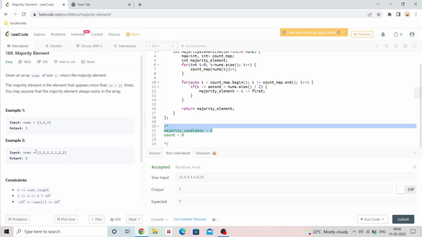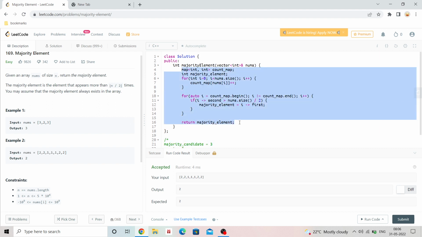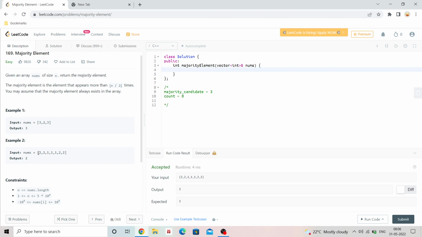So let's go through a bigger example. Let's erase the code also. Okay, let's take this example for instance. Initially our majority candidate will be 2, and the count will be 1. The first element is 2, where we set the majority candidate, and after that